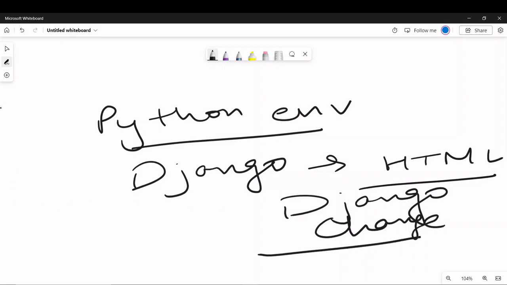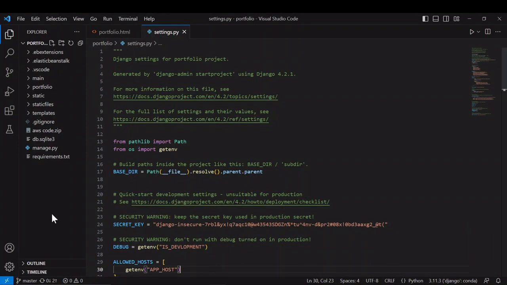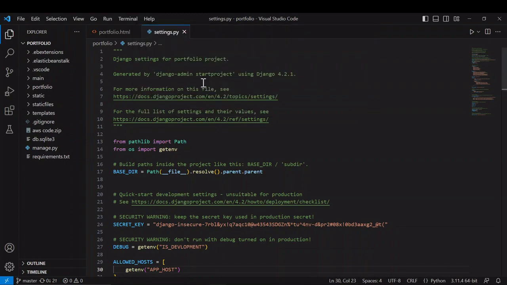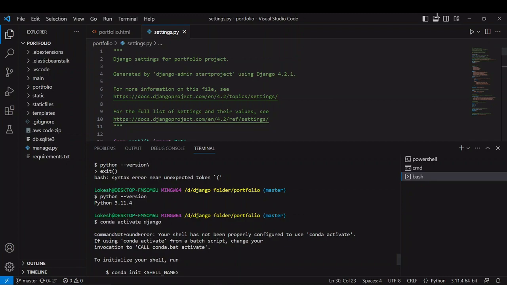So we install the extension in the VS Code, but it does not work in VS Code, as I am going to show you right now. Here is the VS Code. In the VS Code we want to change the environment, like here the Django environment. We select the environment that we want, and in the terminal